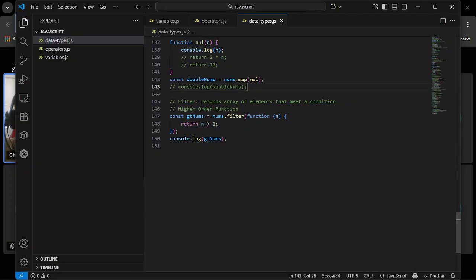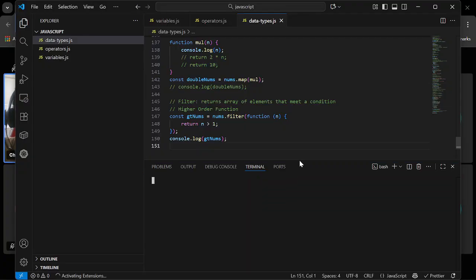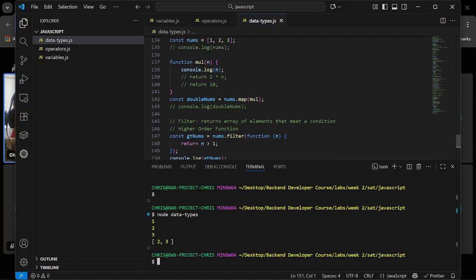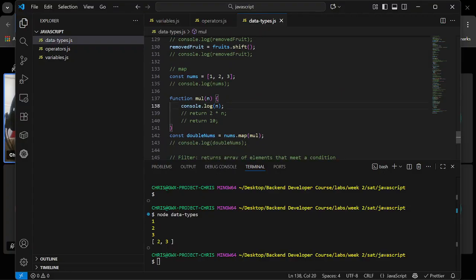Sorry, I need to. Okay, my terminal is misbehaving. Okay, so if I run, yeah, I think I need to